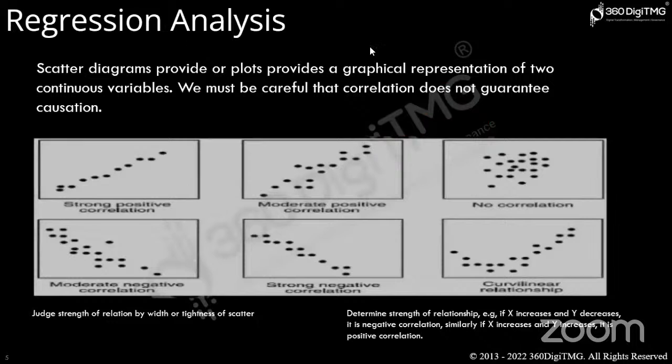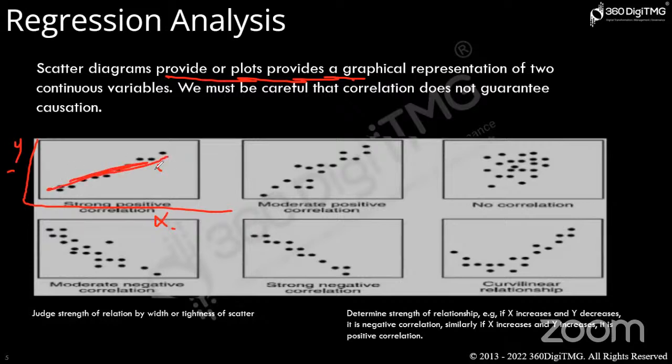So here you can see these are the different scatter plots, and how these are correlated, that we will find out. Scatter diagram provides the plots. It is bivariate since we will be having something on X and something on Y. So this is the data frame and it is the correlation.